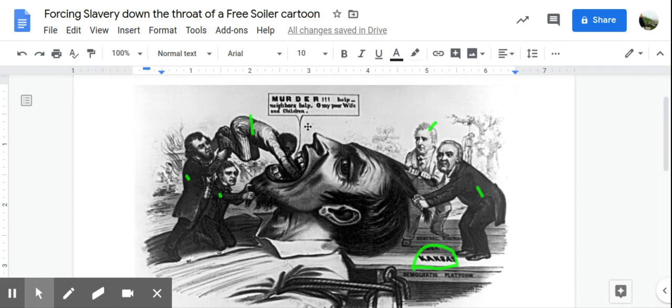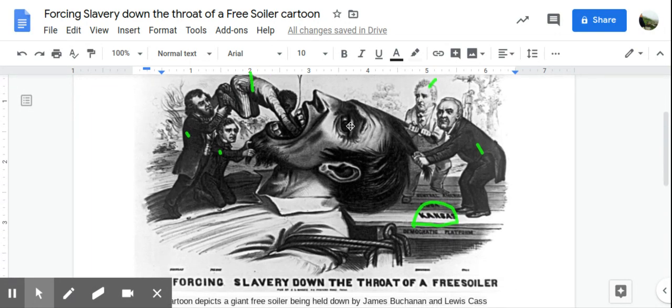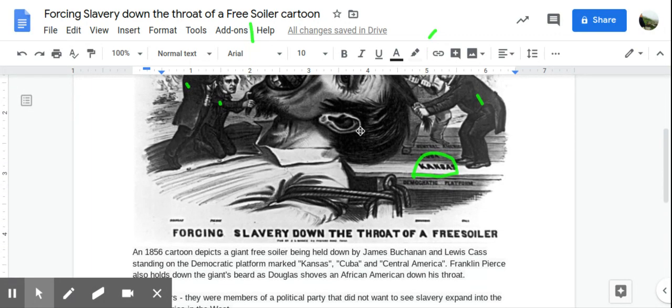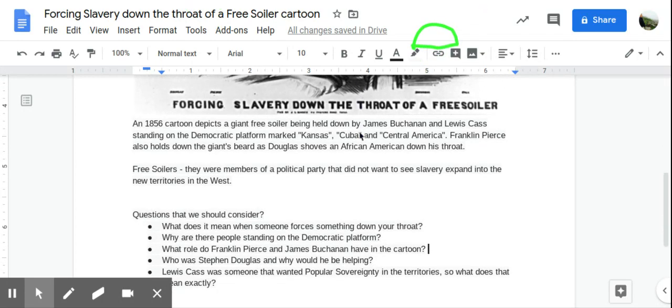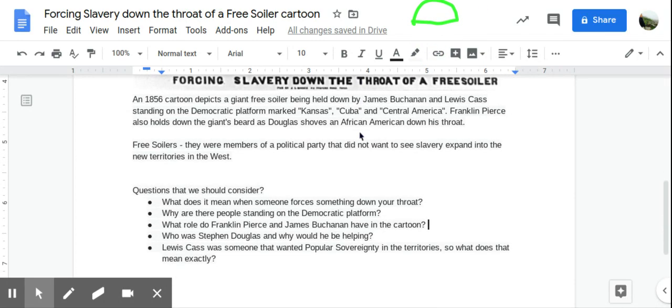So what is this guy saying? He's saying murder, help neighbors help, oh my poor wife and children, because here comes slavery and its expansion and all that kind of stuff, okay? As we look at this cartoon and answer our AMI questions for today, I put a few questions up for you to think about before you respond to this